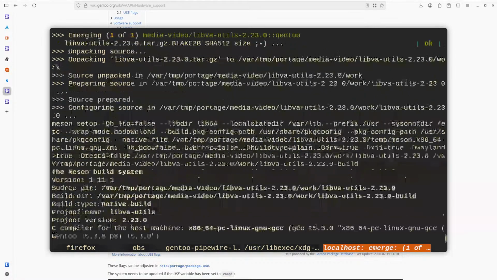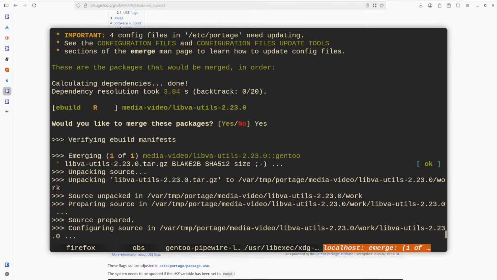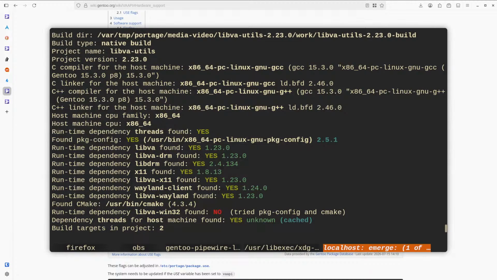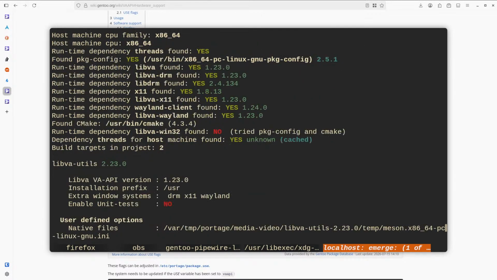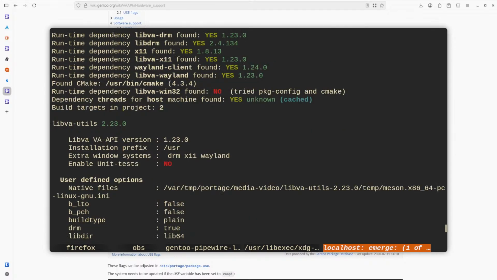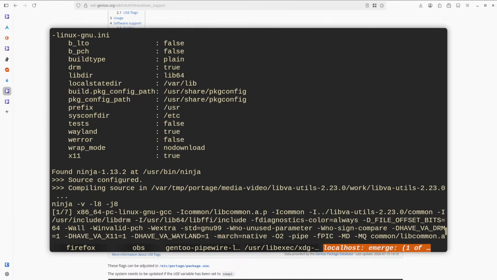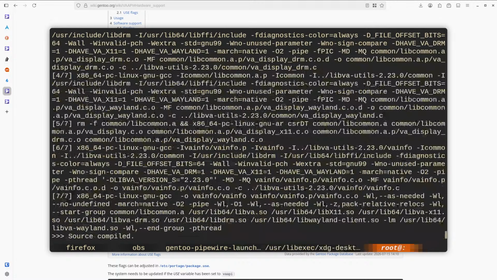So let's try rebuilding this. Because why not? So, what changed? I mean, it's a rebuild, right? Doesn't say what changed, but it's a rebuild. Okay, let's see. Runtime dependencies, Win32, unit test, DRM, user defined options, DRM true.